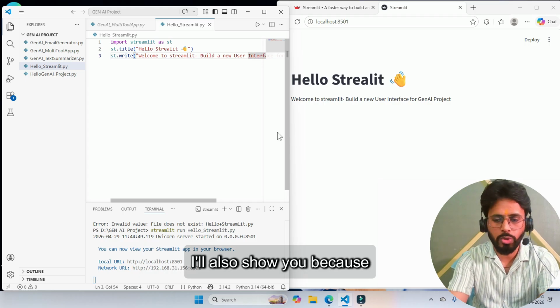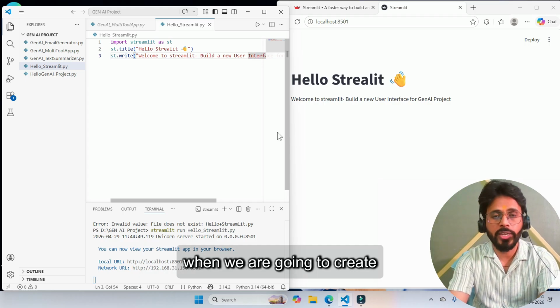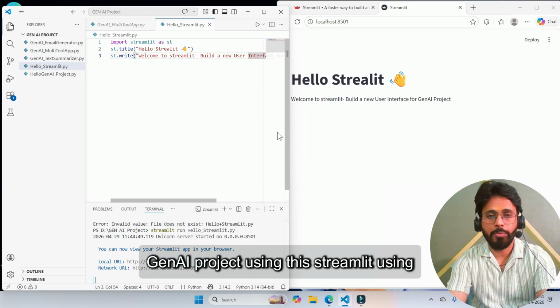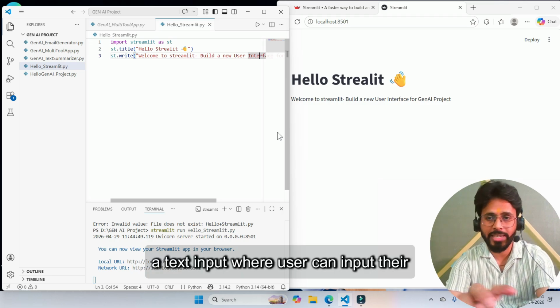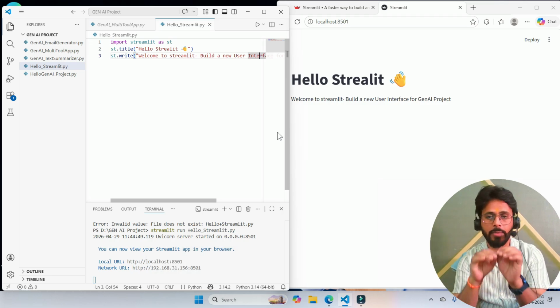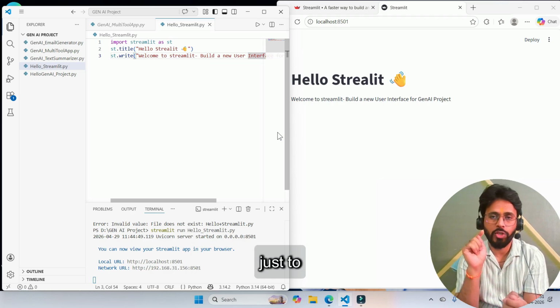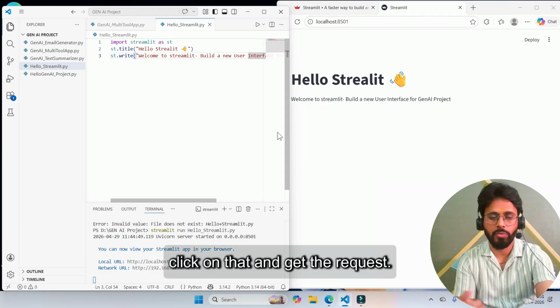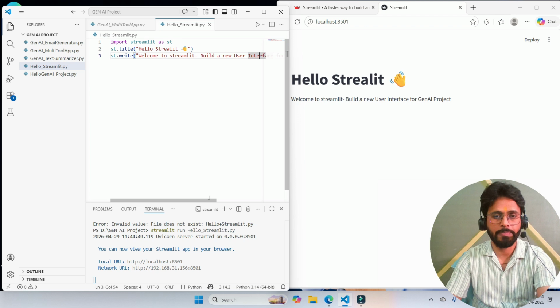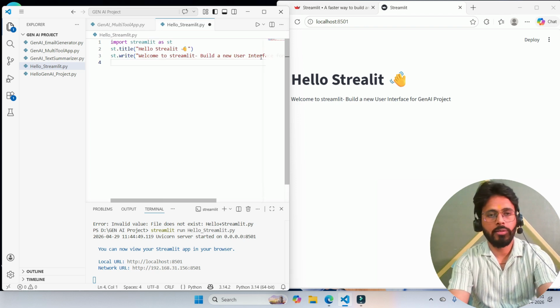Because when we are going to create a GenAI project using this Streamlit user interface, we need to also show a text input where the user can input their question, their prompt, and one button we need to just click to get the request, and then one message we need. So I'll put here